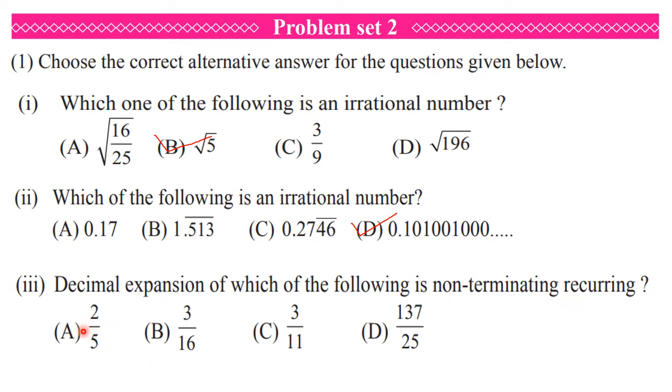So see here you have 5. If you factorize 16, you will write 2 into 2 into 2 into 2, 4 times. So 2 is the only factor here. For 25 also we have 5 as the only factor. But here we have the number 11. So 11 is a prime number. It is other than 2 and 5. That is why here the correct answer is 3 upon 11. And here we are going to get a non-terminating recurring decimal expansion. Okay, so tick mark it. Now let's go further towards the next question.